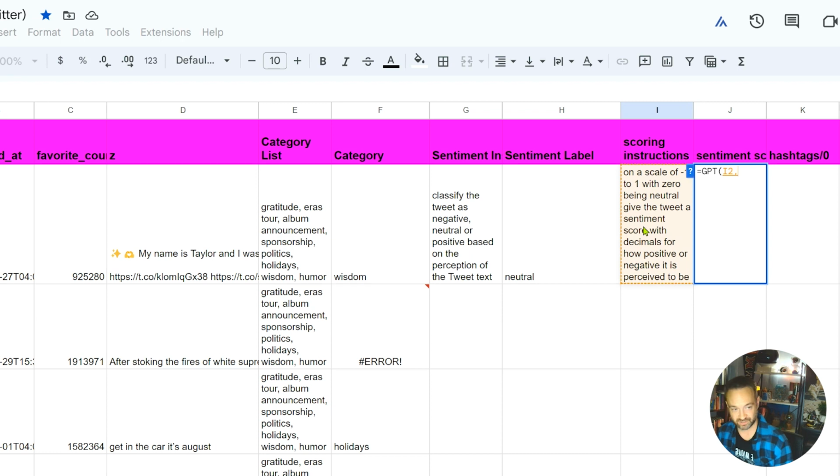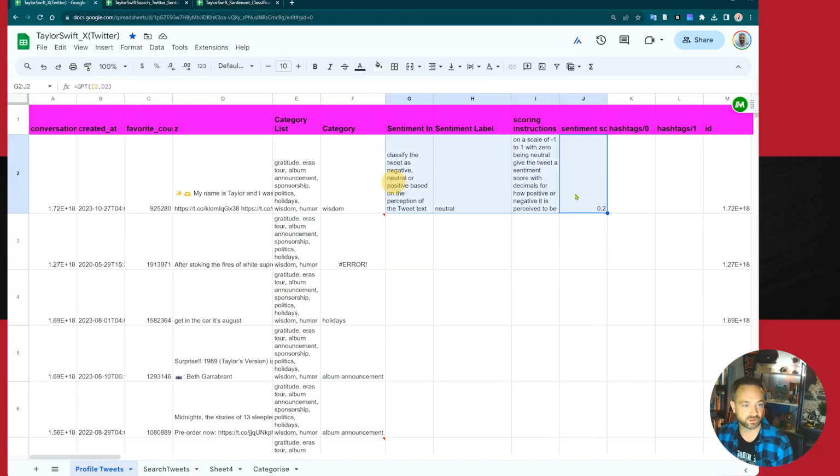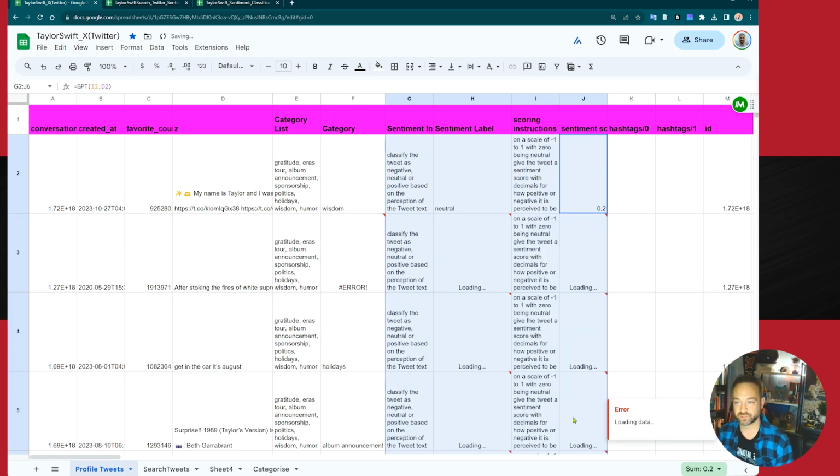We want to get the instructions, and then we want that. All right, so we can also take those, highlight those, and drag them down all the way to the rows that you want complete for your analysis. Once you have all that, these are still in this